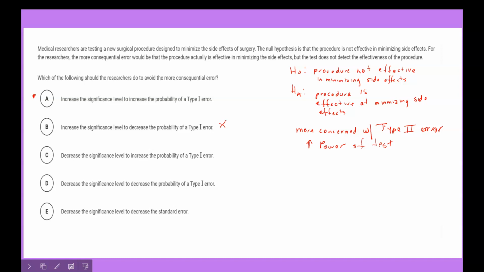Well, that's definitely not true. That's the opposite. If you decrease the significance level, that does decrease the type 1 error, but that would actually decrease the power, and that would